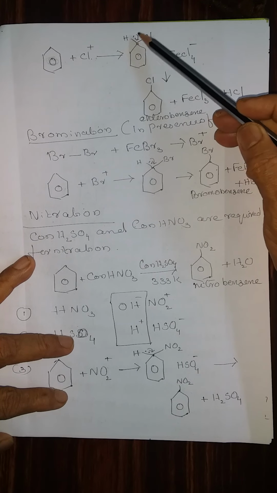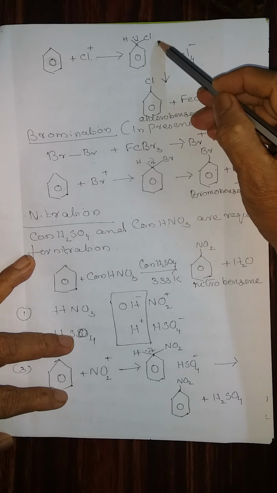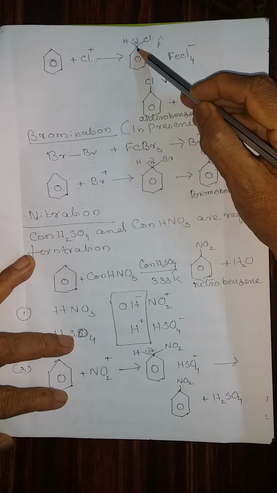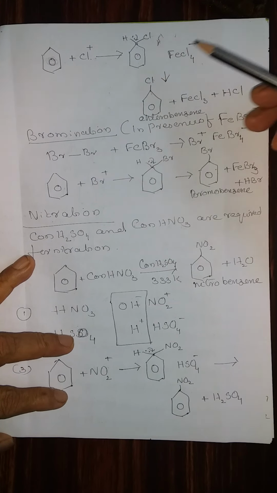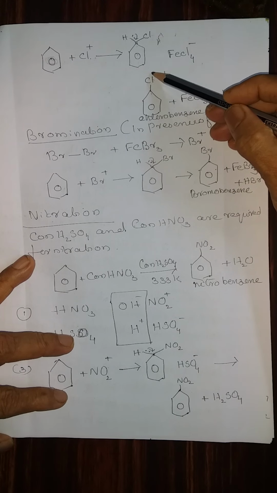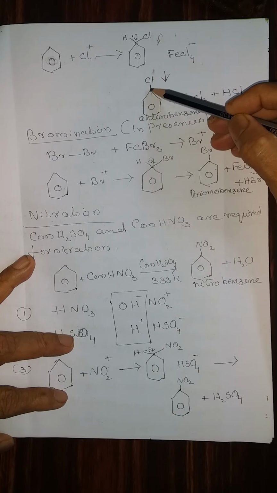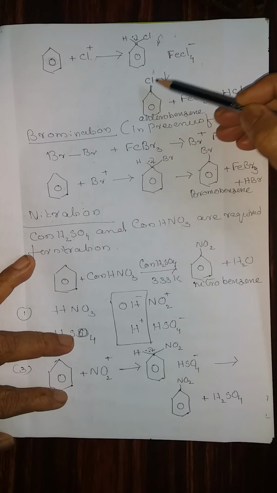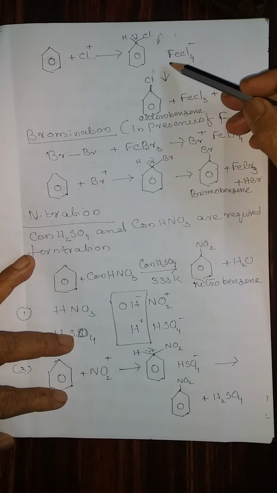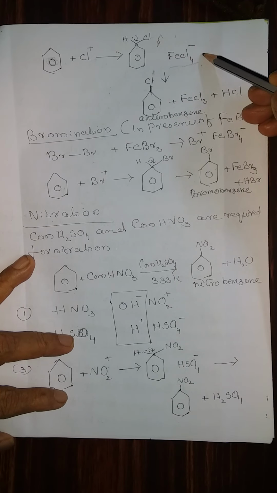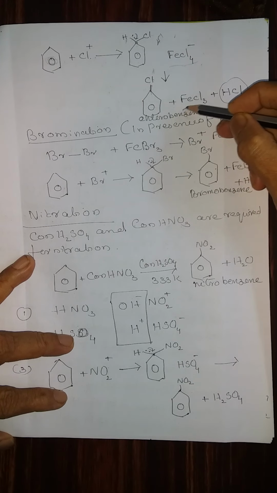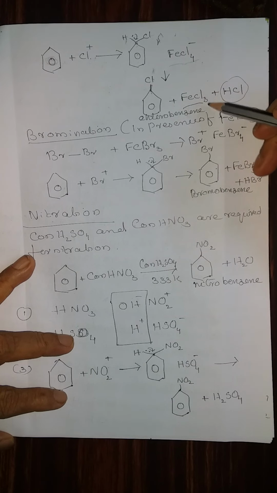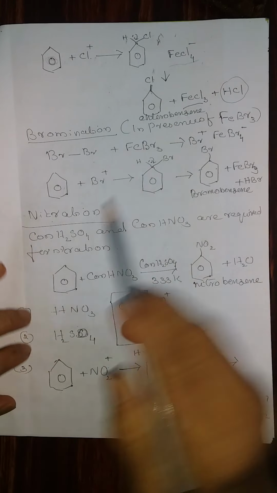Meantime, the hydrogen is eliminated as H plus by giving the electron here on the benzene ring. Thereby, chlorine can form a bond with benzene, because chlorine is deficient as it comes as Cl plus. When it gets the electron from the hydrogen which is given here, it forms a bond with the benzene ring. And this FeCl4 minus, that is the base, will react with the hydrogen and form HCl, and FeCl3 is liberated, and that is why it acts as a catalyst.